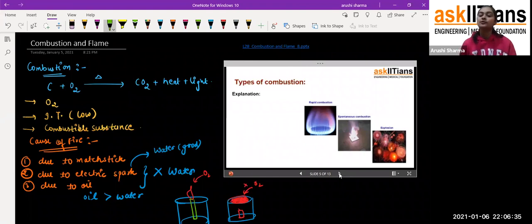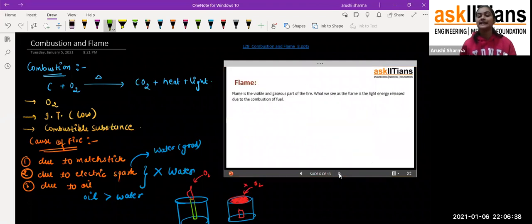Okay, now moving towards our topic, that is the flame. Now this is somewhat of a new start. Combustion is, yes, in the presence of oxygen, carbon dioxide, heat and light is produced. But students, now what is flame? The flame also comes from combustion. When combustion is going on and any material is getting burned, some materials catch fire and start burning with a flame.